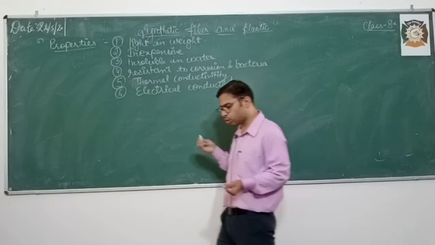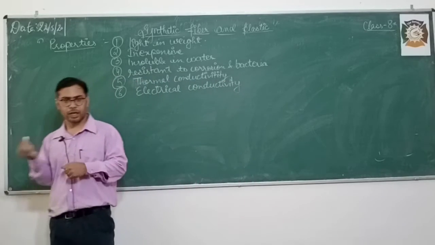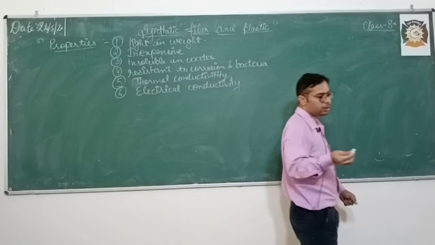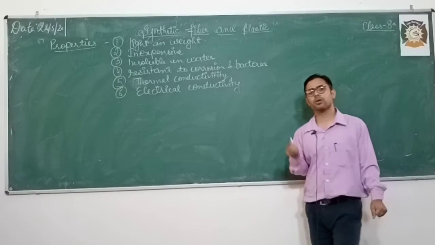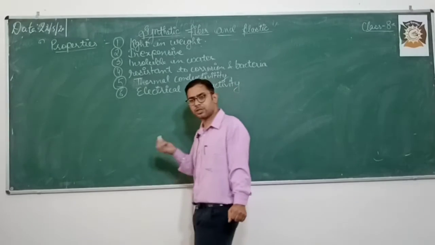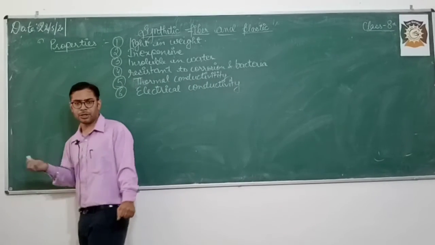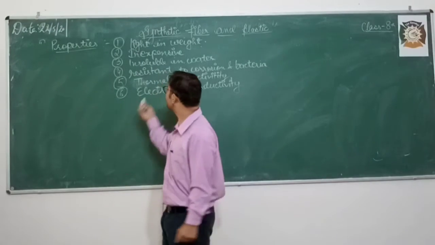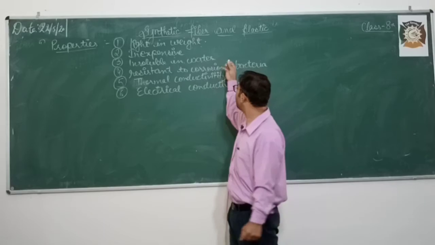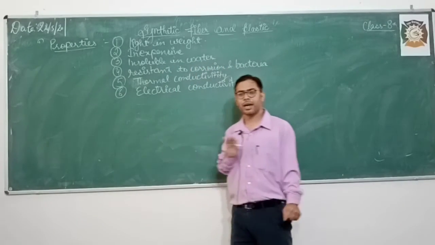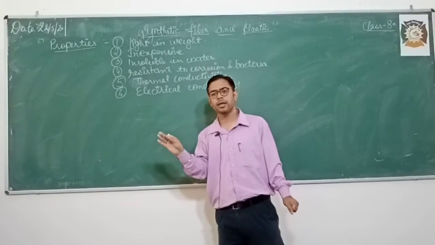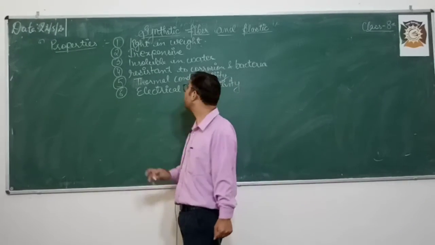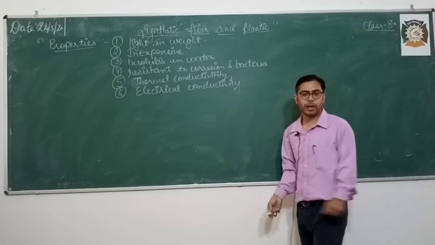Next thing, it is resistant to corrosion. Corrosion means, suppose when you use a device for a long period of time, then what happens? It gets damaged by the air, water or any other. In class 7 we studied about rusting of iron. Now what is rusting of iron? When the iron gets damaged by the action of air and water, that is known as corrosion. Similarly, what I am trying to say here is that plastic is corrosion resistant. That means it does not get any damage by the air or water, because it does not react with the air and water.